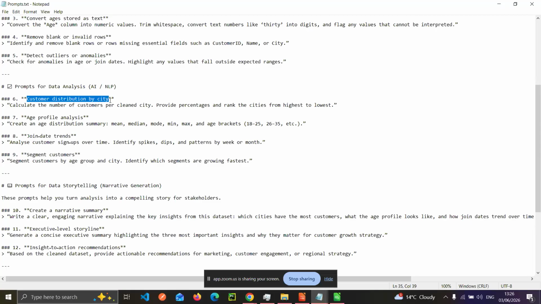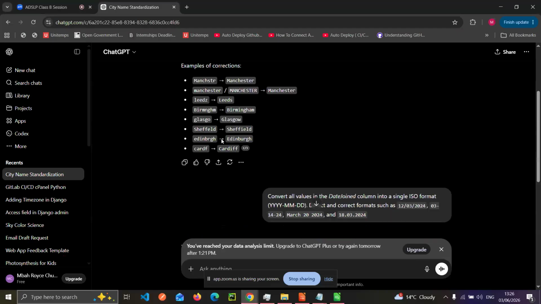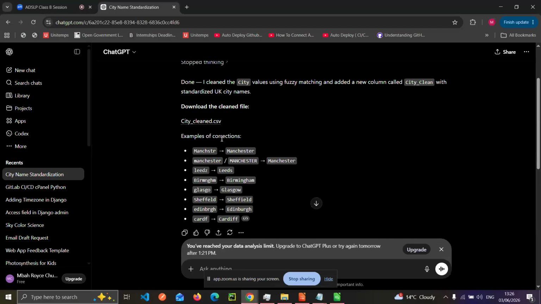But before going into the prompt for data analysis, is there any question so far when it comes to data cleaning? I'm using ChatGPT. If you're using any model of your choice, no worries. The most important thing is you have the output which you desire. Please, any question?